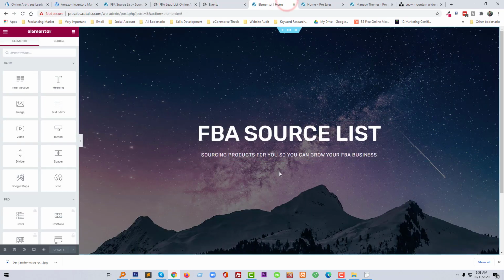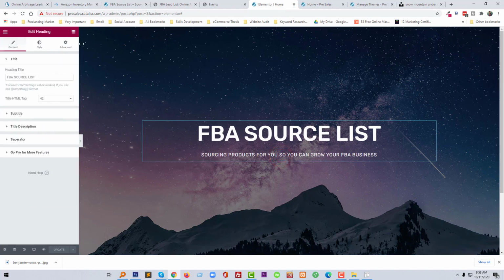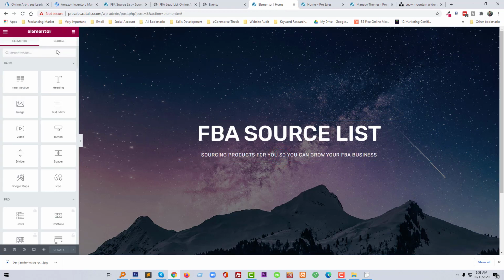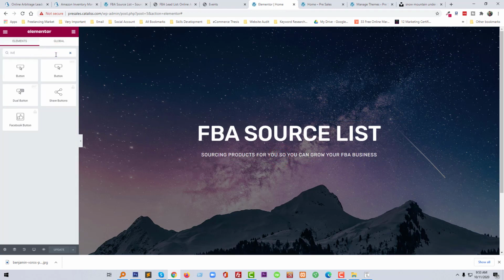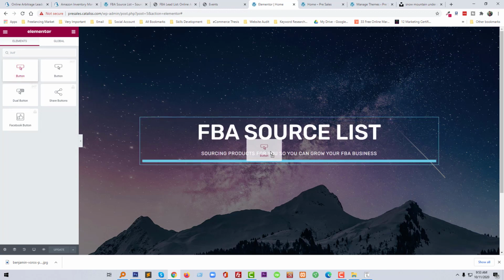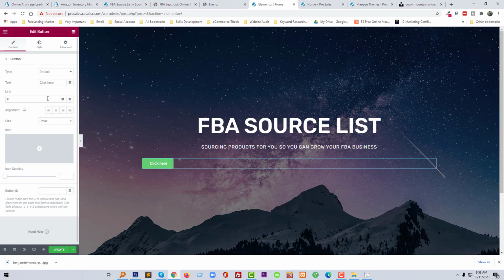So I'm going to add a button here. So just click on here and search button, and our button title or text get started, center, button size extra large